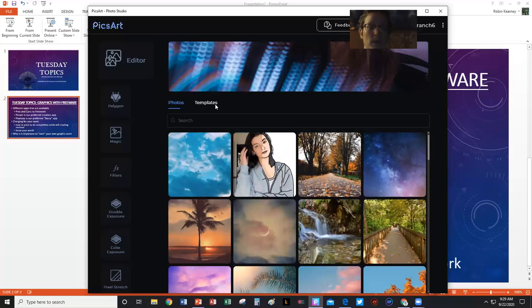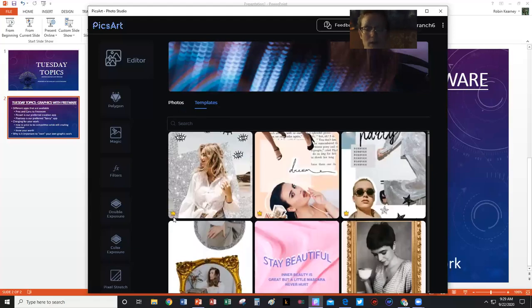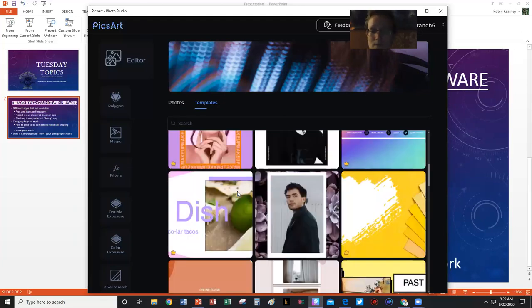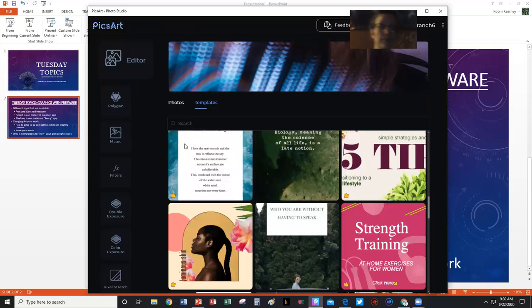That's really cool. It does have templates, so if you're looking to make something specific, you can use their templates. As you can see, this little gold crown indicates that it's premium, available only on the premium version. I am not currently happy enough with their Windows-based product to have a premium version. It still has a lot of little bugs that need to be fixed. Once they have got those to my high standards, then I will pay the monthly fee again.